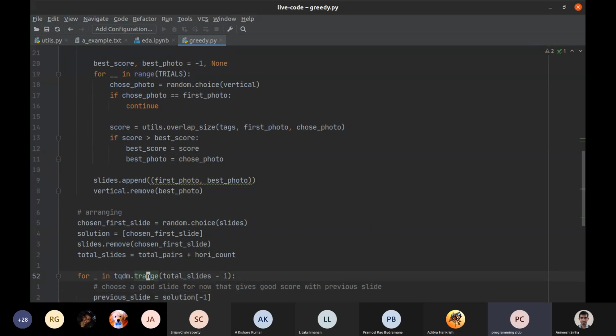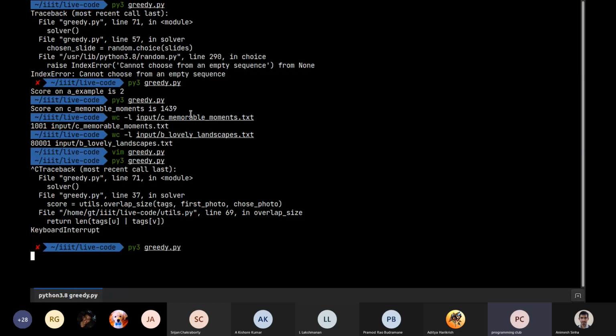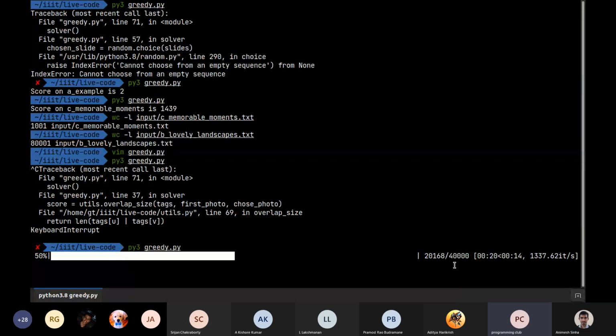What I just did is integrate it in my code, and this is what it does. It shows you a live progress bar, and it also shows you the rate at which your code is running. You can see it's roughly 900 iterations per second, and it shows that it's going to take about 30 more seconds to complete. It says it has 40,000 iterations, of which roughly 20k are now completed. This is a pretty cool thing.